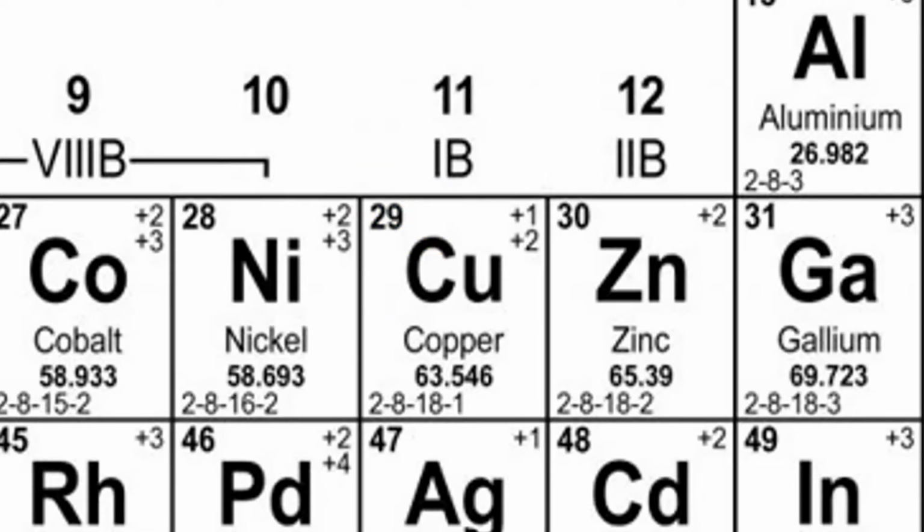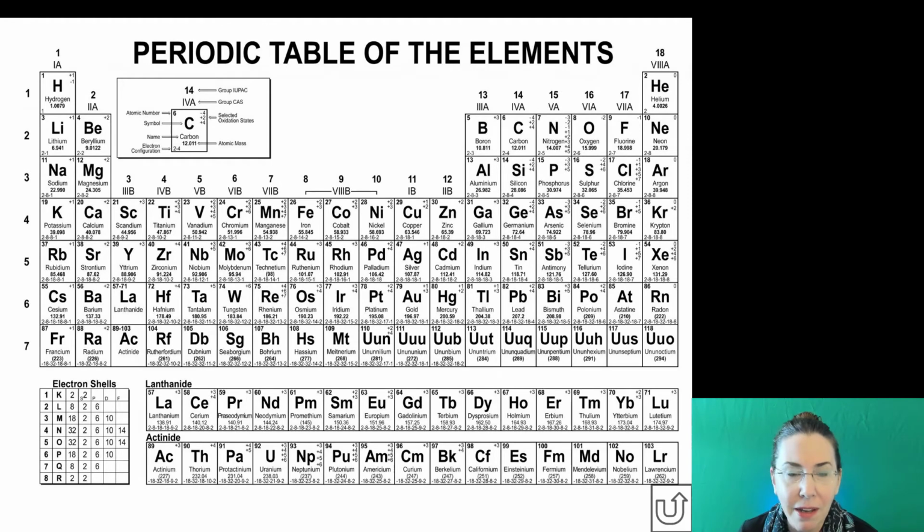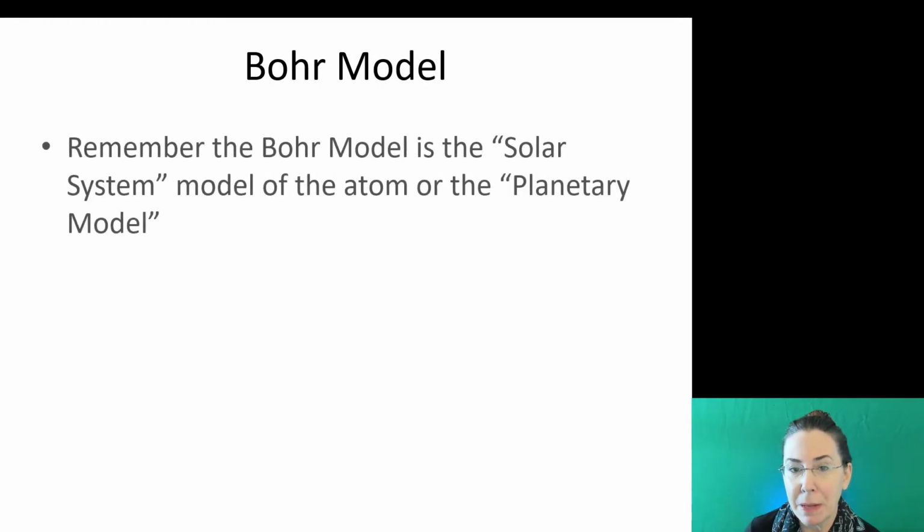But where do those electrons go? What are they doing? Well, that is where we get to orbitals. In the Bohr model, remember the Bohr model is that solar system model of the atom, also known,